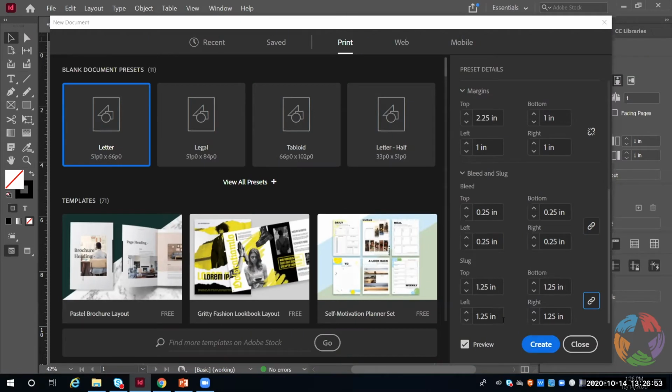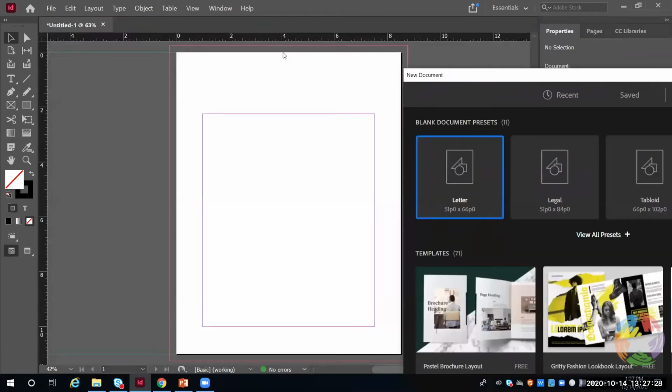All right, so we're going to go ahead and create this, and actually I don't want all this the same. I'm going to make the left-hand side where I have this. So I'm going to change that to 0 and change that to 0. And for the left, I'm just going to increase that to a 5-inch. And to make sure that I like that, just drag that open and you can see, so the bleed is